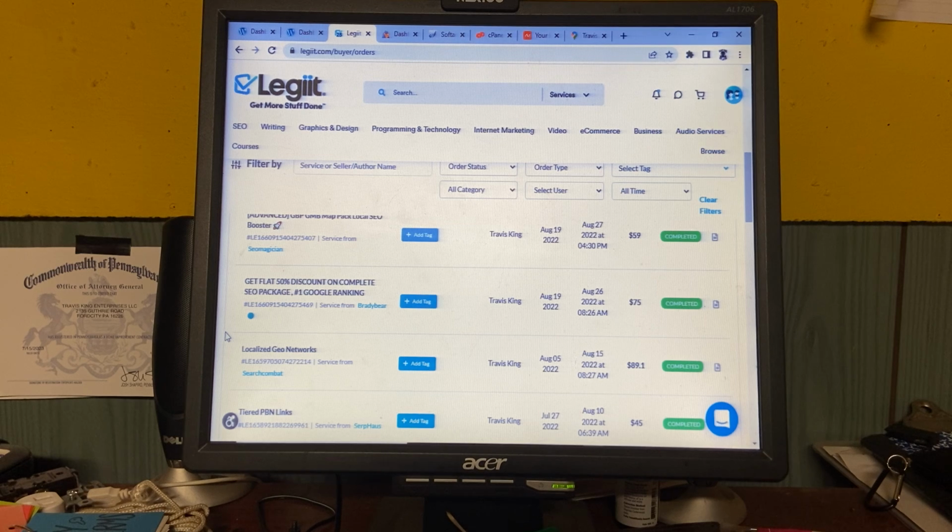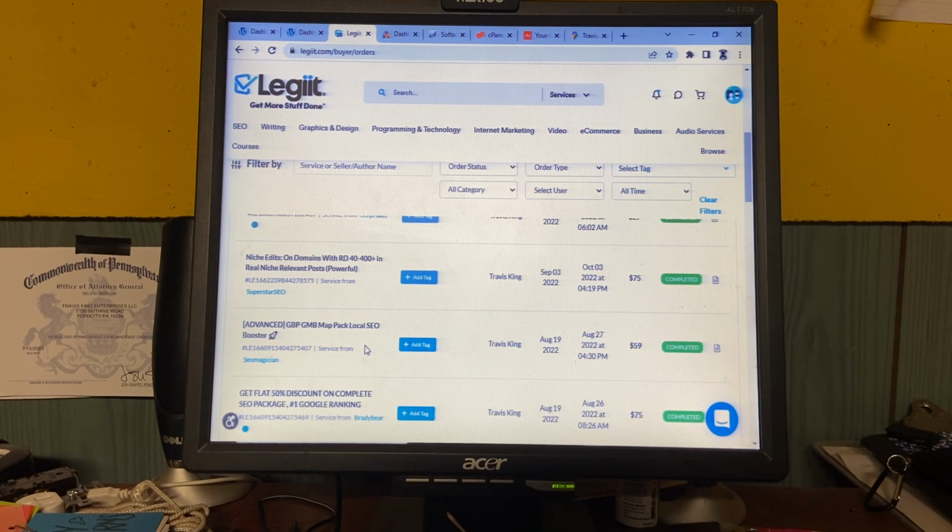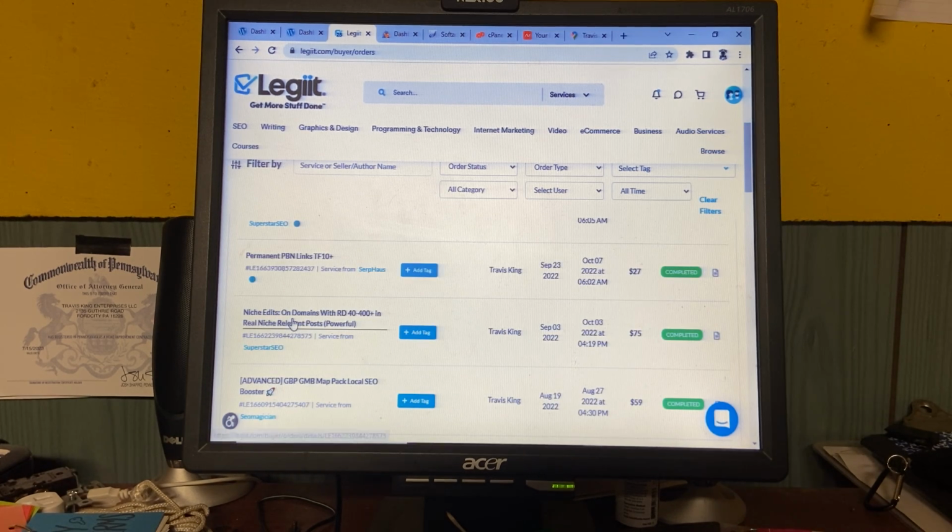Those keywords for me would usually be things like pressure washing services near Pittsburgh, PA, pressure washing near Pittsburgh, PA, stuff like that. Then once you start to rank widespread for different areas, pressure washing near Cranberry, PA, whatever, then you want to go to a different strategy. These niche edits will help you rank higher in those areas too.